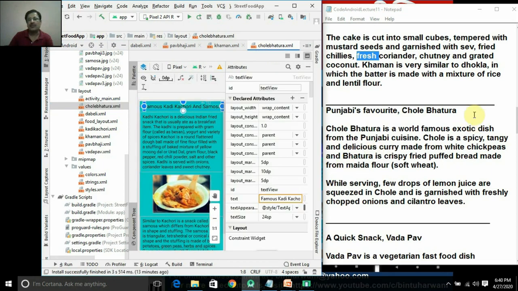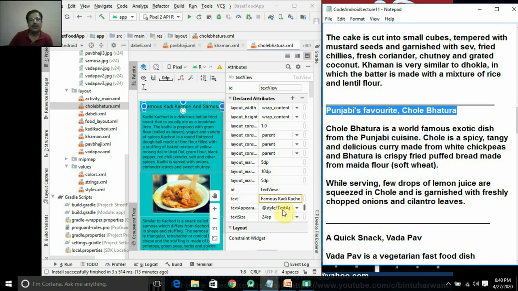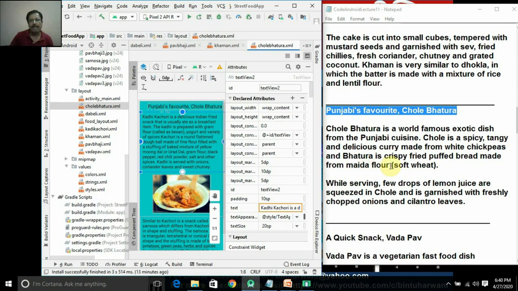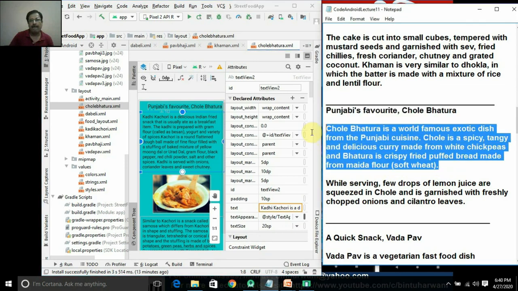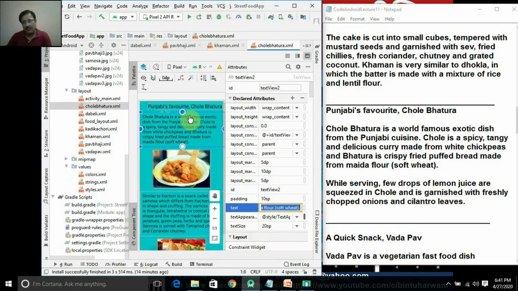Click this text view property, select this one, right click, copy, select this text property, press delete key, press Ctrl V. You can see it changed. We will also make the text property bold here.